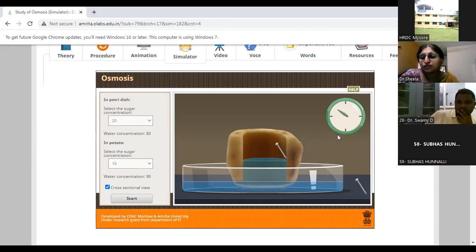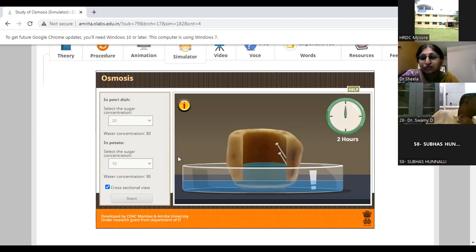So they say for 2 hours you have to leave the experiment. So the clock is moving for 2 hours. You're seeing the level of the concentrated sugar solution has gone down. Water has gone down. Now we will take this pin and mark the level of water in the potato now. Okay. You're seeing how the student, though he does not physically have the Petri dish with him,